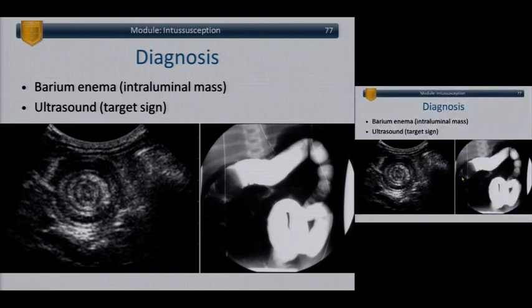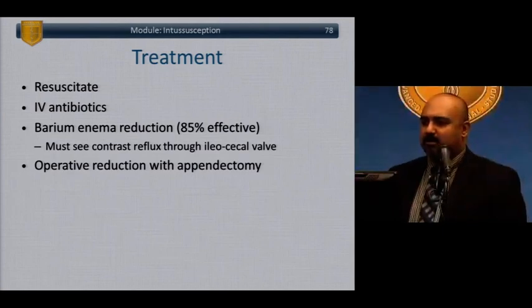A couple of things about reductions of this. You want to reduce it, so you're going to try to reflux it through the ileocecal valve. So you want to see some contrast reflux through that to make sure it's completely reduced. You can take them down 3 or 4 times for repeat enemas to try to get this done. If you go beyond that, most likely they'll probably call us and complain bitterly, and we'll take them to the operating room. But a lot of places, children's hospitals, they'll do this 5, 6 times